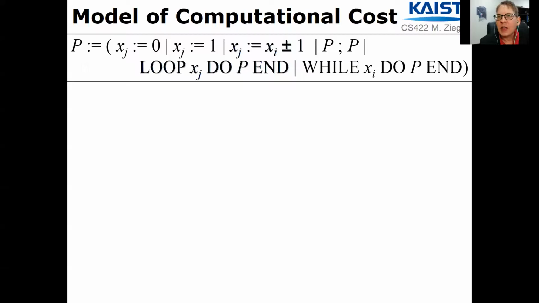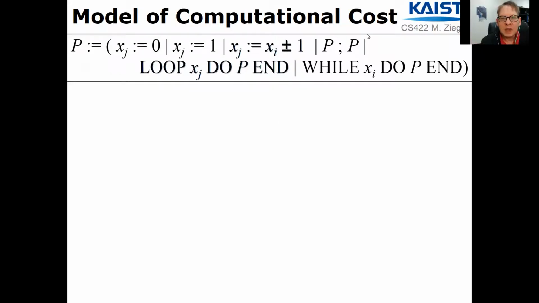And another try. Hello and welcome back to CS422, Theory of Computation. We are talking about computational complexity theory. And to this end, we've introduced a refined model of computation, a formalization of algorithm, namely with modified while programs